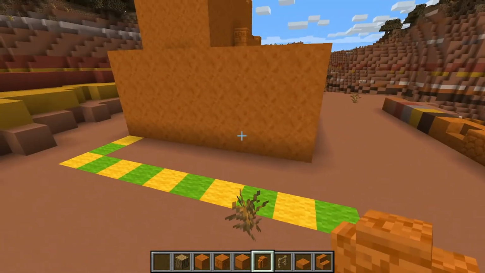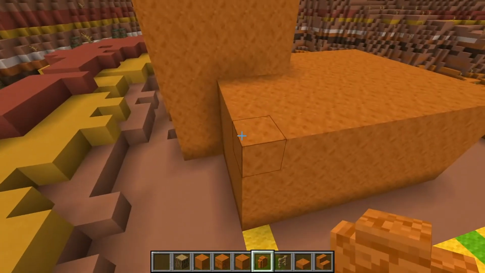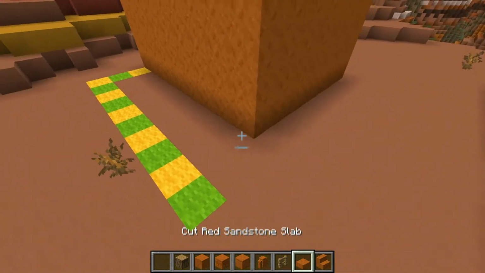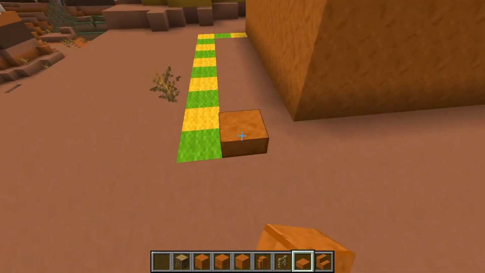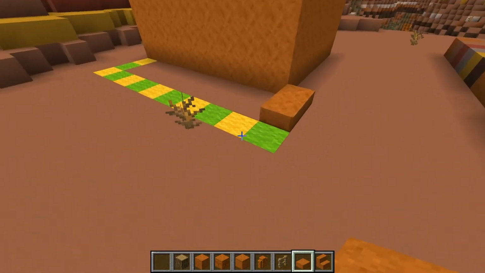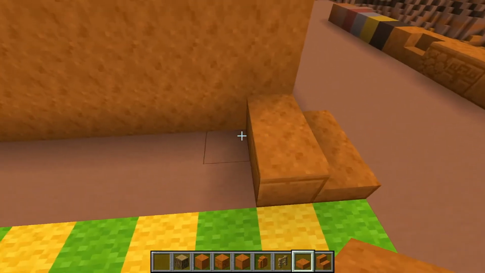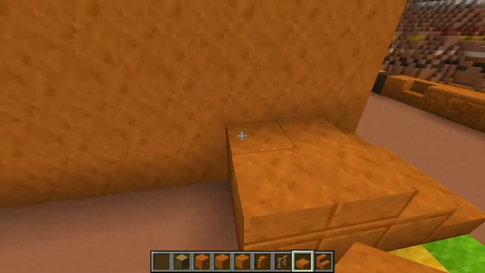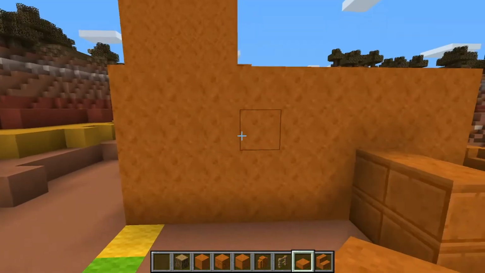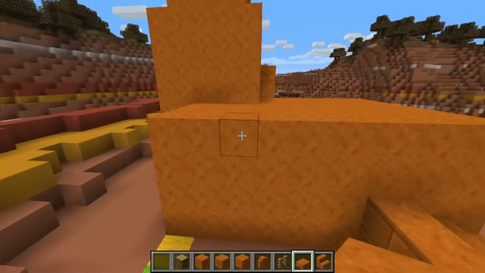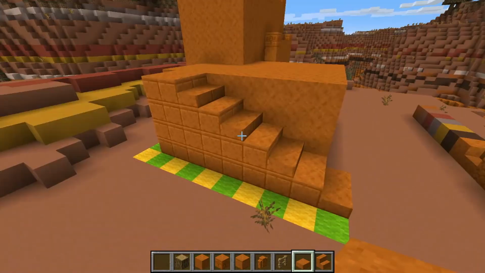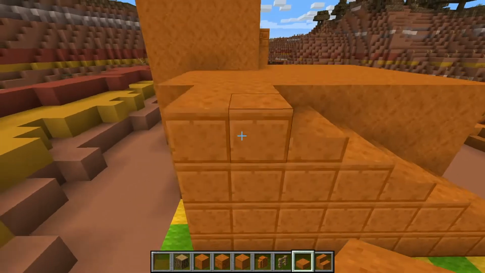To do that though is easy enough. Like obviously we need to get up to this point here, so you can easily cover up that. But start out with here, right? The point here, we're going to use half slabs, and you're basically just going to go up every half slab, up like so, all the way up till it comes up in line with this roof here. Alright, just like that. As you can see, it's every half slab, and using full blocks up to the point